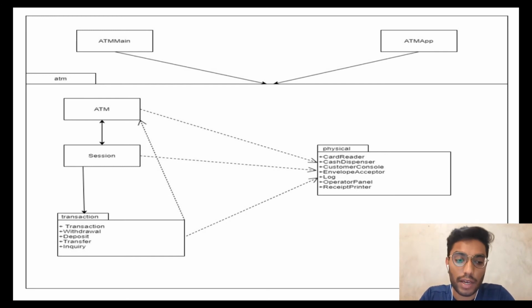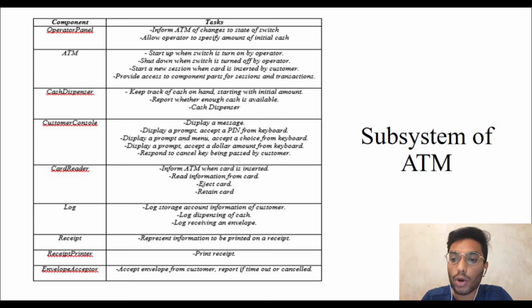And as you can see, the sub-package physically contains the classes that represent the various physical components of the ATM. For example, we have card reader, cash dispenser, customer console, envelope acceptor, log, operator panel, and receipt printer. And moving on to the subsystem of ATM, as I mentioned earlier, the physical subsystem of ATM, we have operator panel and so on, and they have